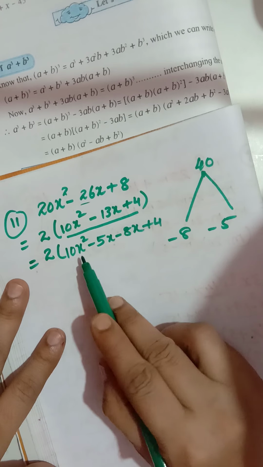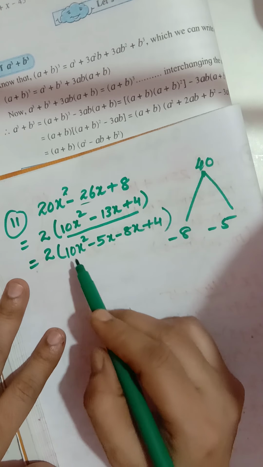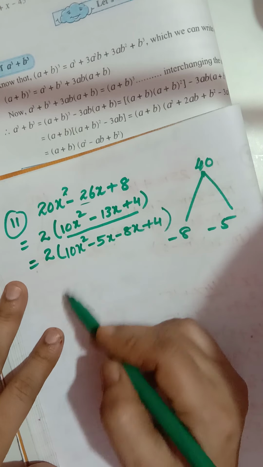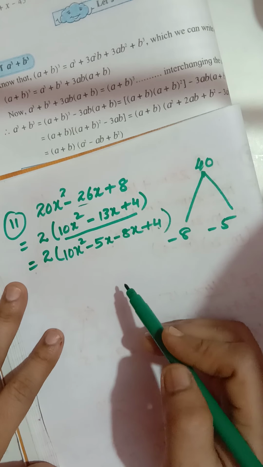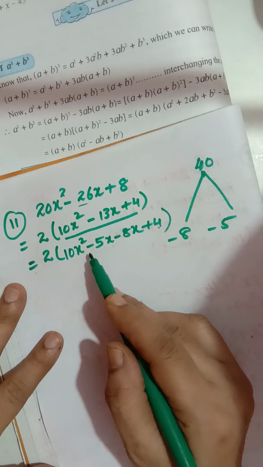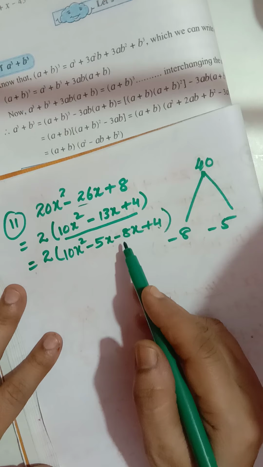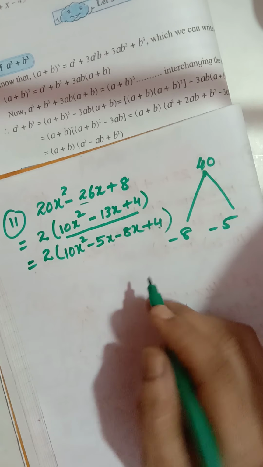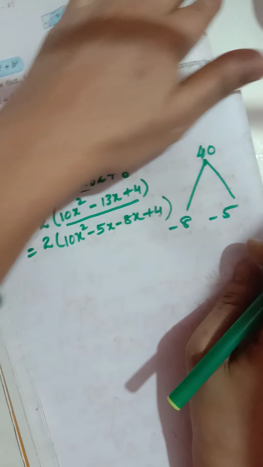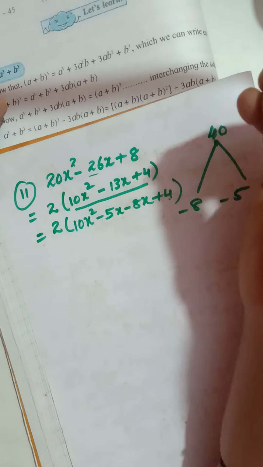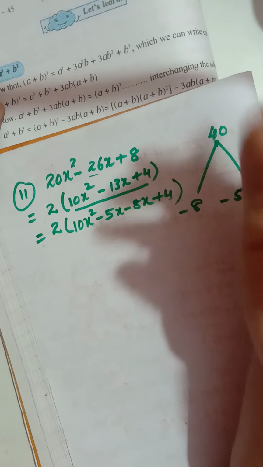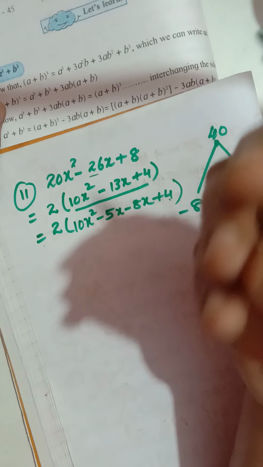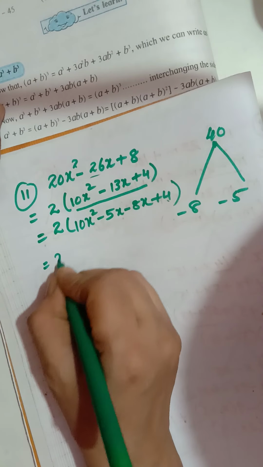Now why? See children, you can adjust. Because if I write 10 and 5, removing 5 common is very easy, 4 common is easy. If you want you can write 8 also. If you write minus 8x first and then minus 5x, you will still get the same answer, right? So there is no change in the answer, but with some little tricks we can work a little faster, so you will not waste much time, right? So this is equal to 2 common.